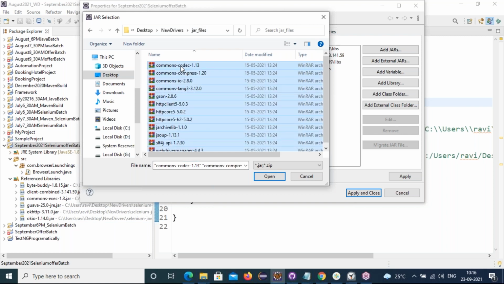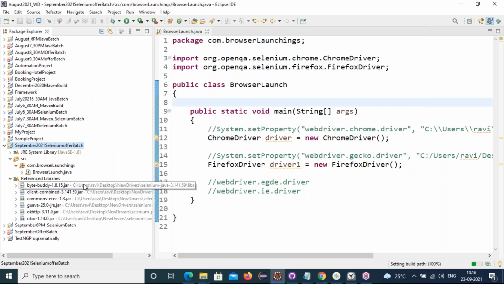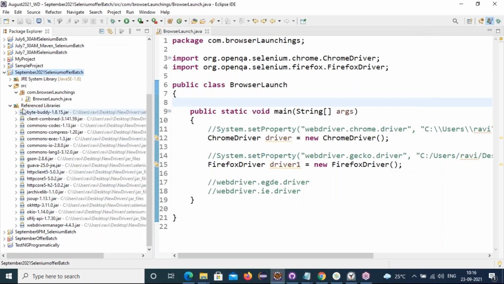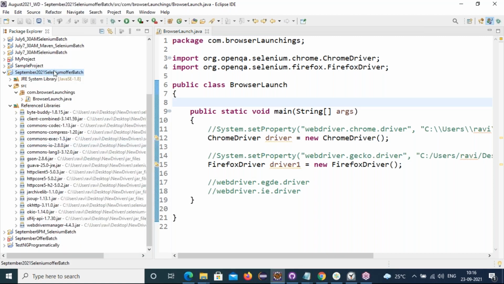Select all the WebDriver Manager jars, open, apply and close. The files got loaded into the WebDriver Manager. Got it? Best practice: always refresh after any jar files are added to your project. Just right click on your project, refresh.